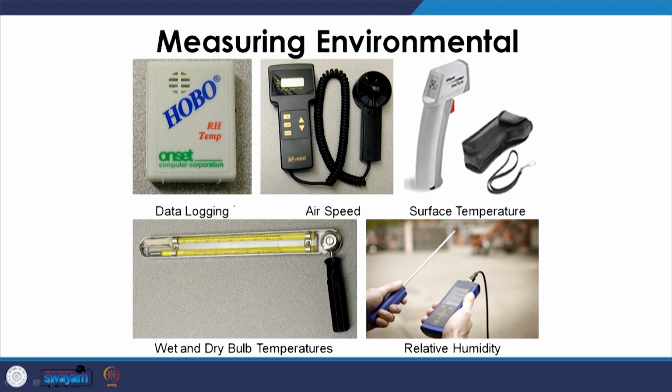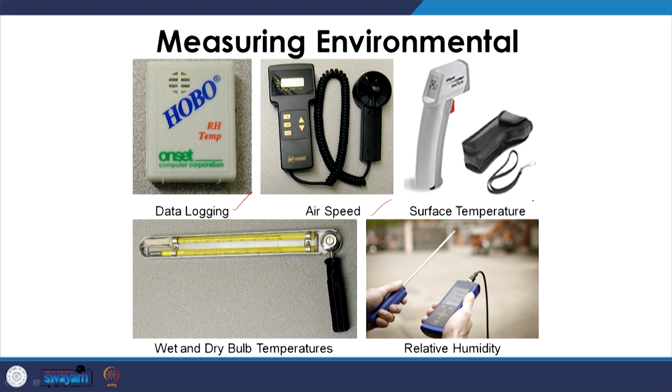So, the temperature is the same, say 32 degrees, and the relative humidity is around 50%. At that temperature, when an occupant, a subject, was feeling relatively hot, slightly warm, with wind speed coming in the same subject would feel relatively less hot, slightly more towards thermal comfort. There are different devices used for measuring these environmental parameters. We have data loggers, which help us measure relative humidity as well as temperature. We have anemometers for air speeds.